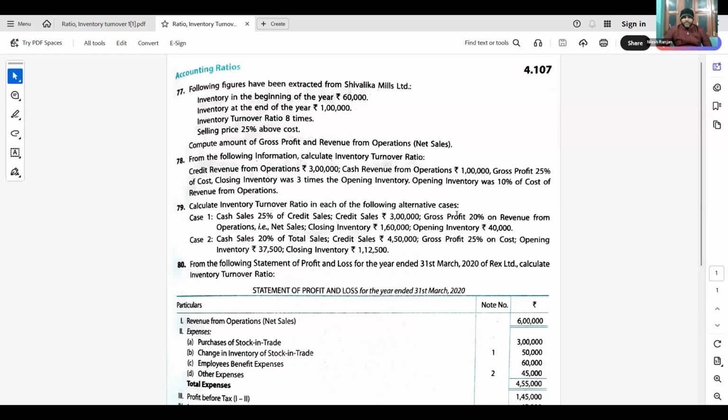If any of you have any doubt, you can ask a question. Actually, 78 is also an easy one, not a difficult question like the previous class question I solved. That was big. So the solution will be long, but not much difficult.